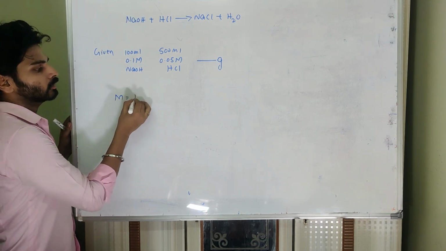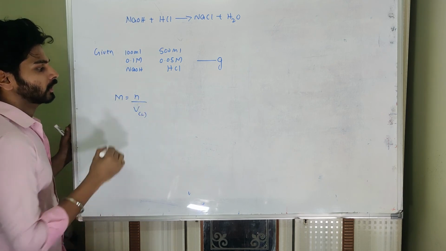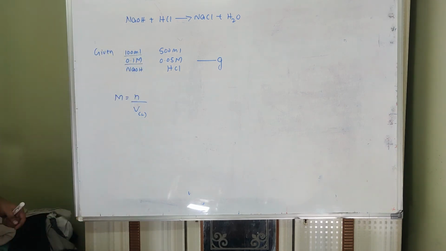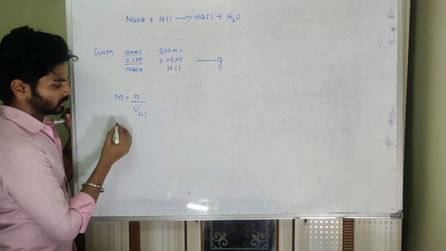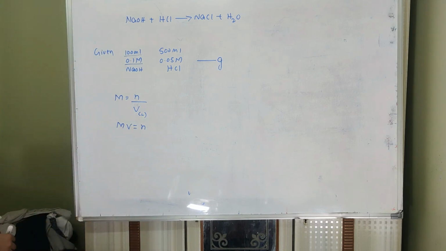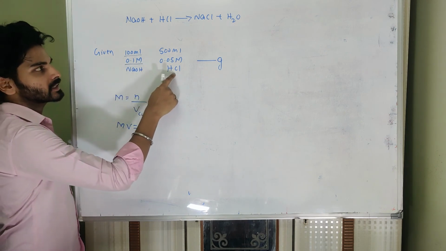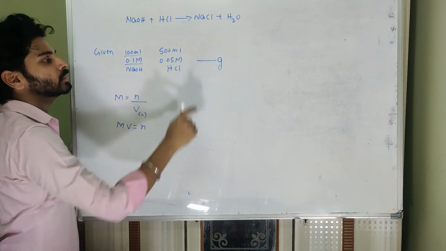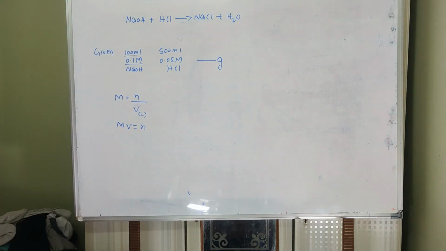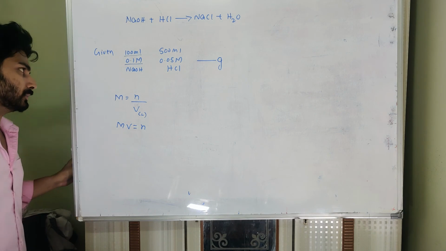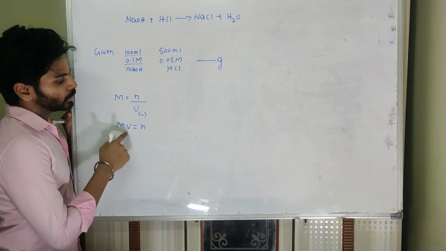Molarity is equal to mole upon volume in liter. Now, we know the volume and we know the molarity, so we can easily get moles. If I multiply volume and molarity, I will get mole. Once we get the mole of NaOH and the mole of HCl, it is very easy to get the mole of NaCl. After getting the mole of NaCl, we can convert into mass of NaCl. Thereafter it is the normal stoichiometric calculation. But one extra step that we are doing is conversion of given data into moles. So molarity into volume will give us mole.